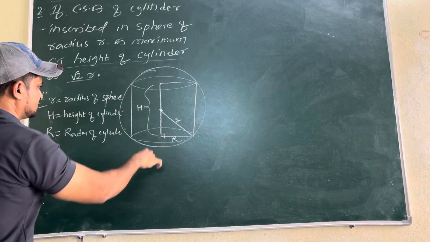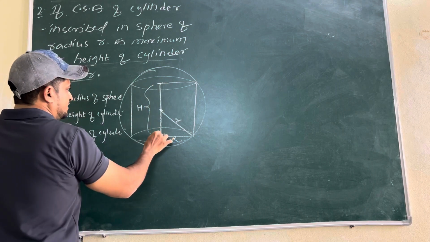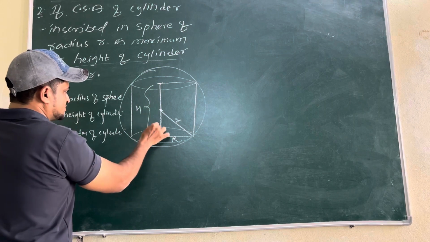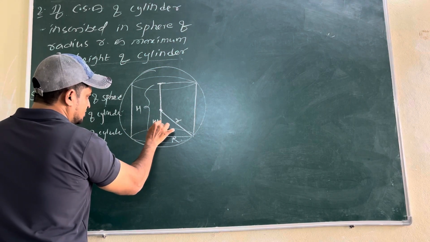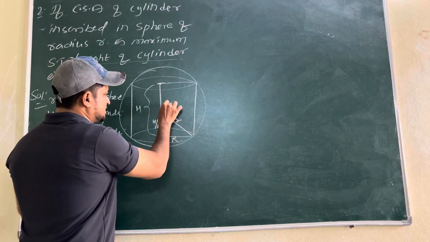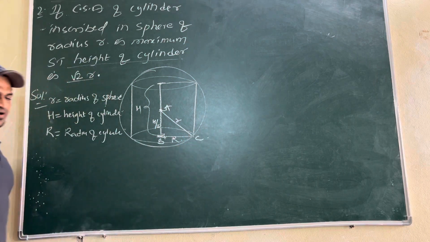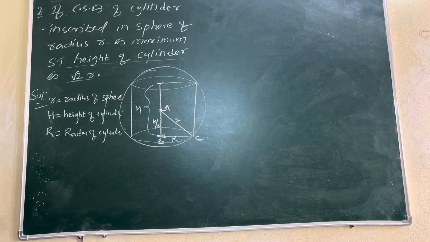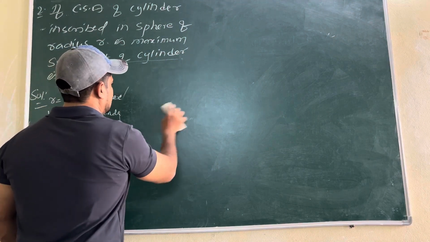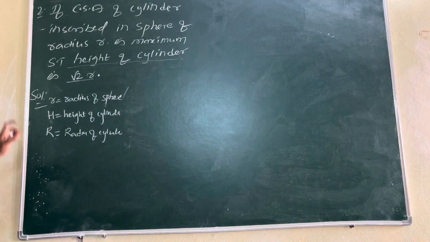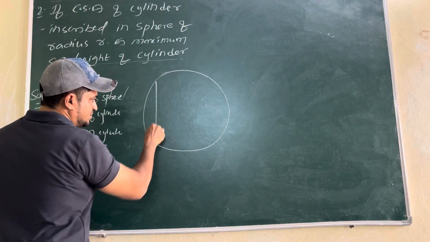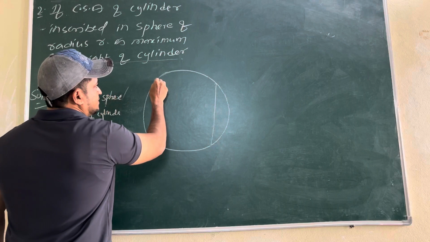This height will be from here till here. If it is h, this is h by 2. So no need, 3 terms are enough. Suppose this is A, B and C. What do we find ABC to be? A right angle triangle. Once again check how to draw this one. Better to remember those terms so that it is very easy to do that problem. In the previous problem also you can remember the terms. You can take it like this, then you can join this.